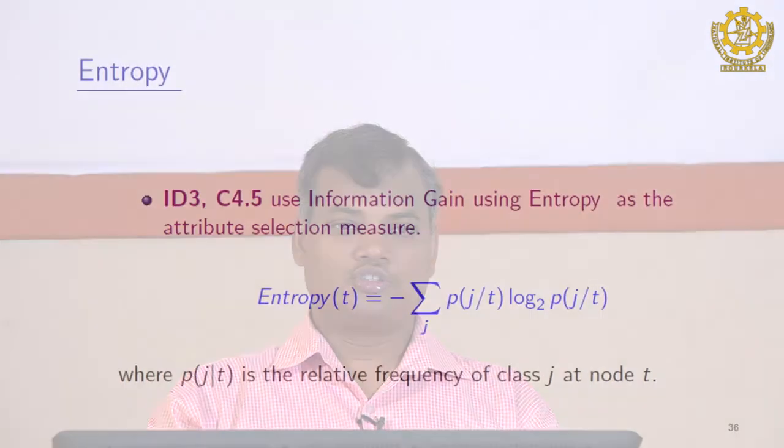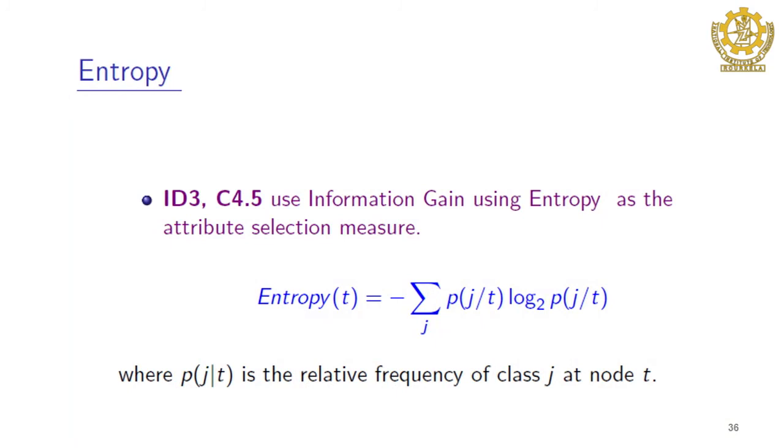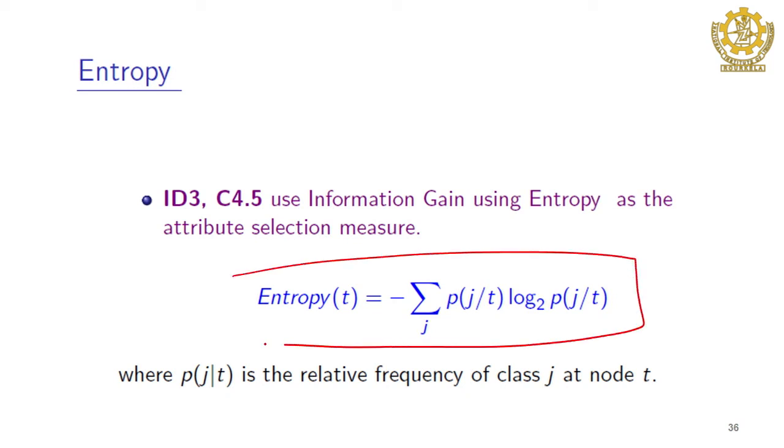As I said in the early beginning of this class, we will have 3 types of measures. One is Gini, which we completed. Now, we will talk about the entropy. Okay. Entropy was covered in earlier classes also, how to compute the entropy. Here is the formula, and each term is described here. What is PJT? PJT is the relative frequency of class J. We are computing the entropy of each node.